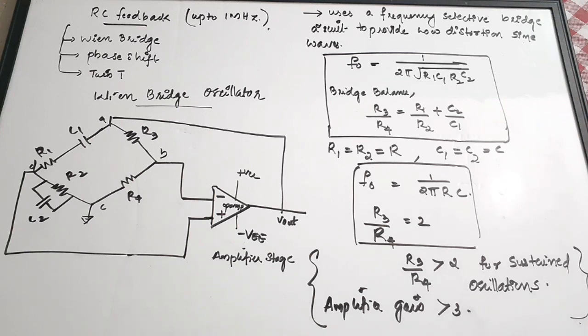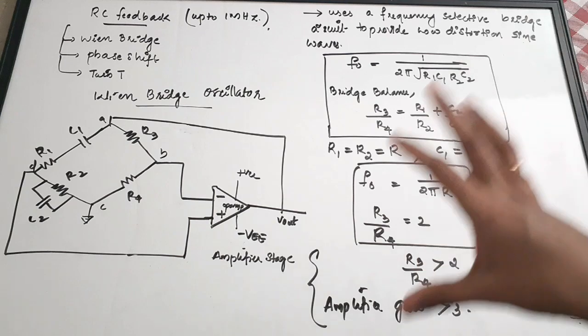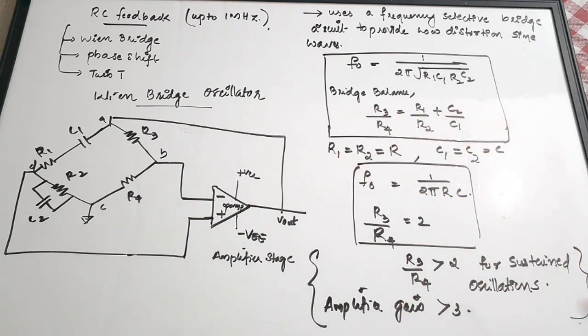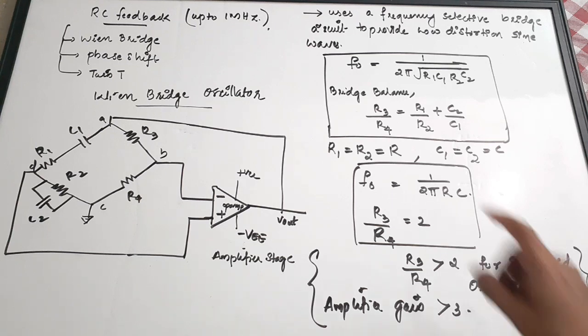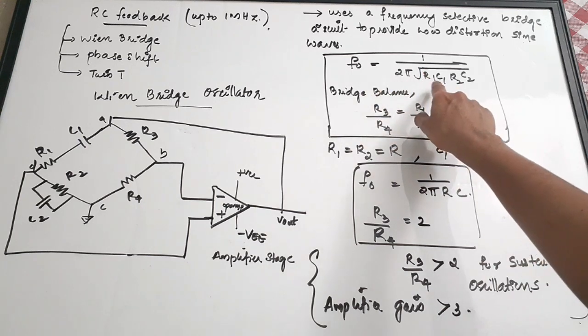So when we are using a Wien bridge oscillator, it is actually using a frequency selective bridge which provides low distortion sine waves. So from this, it is clear that a Wien bridge oscillator generally gives a sine wave as its output. Okay, now when the frequency is f0 equal to 1 by 2 pi square root of R1 C1